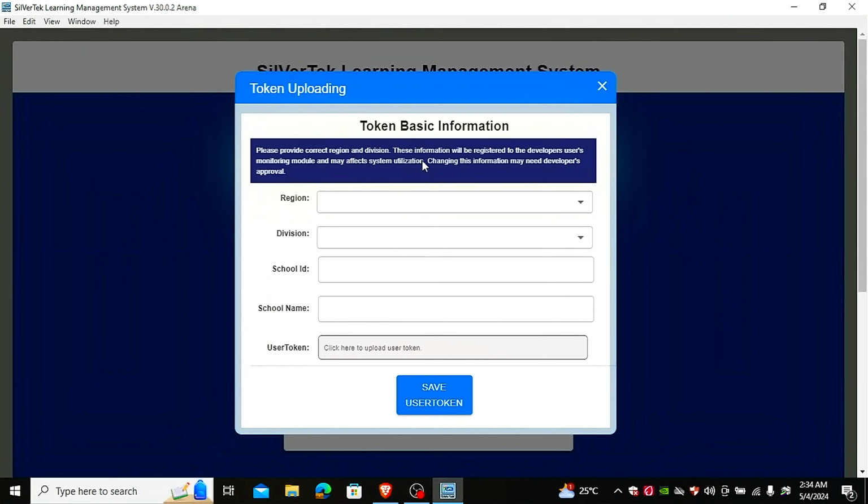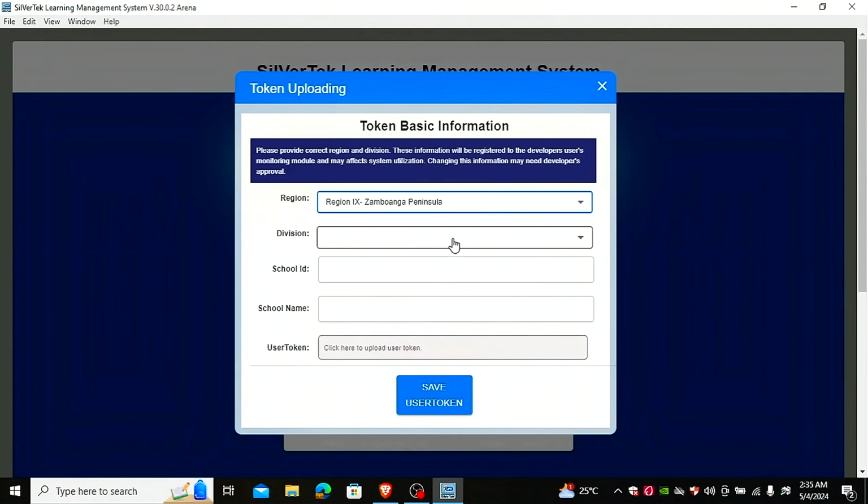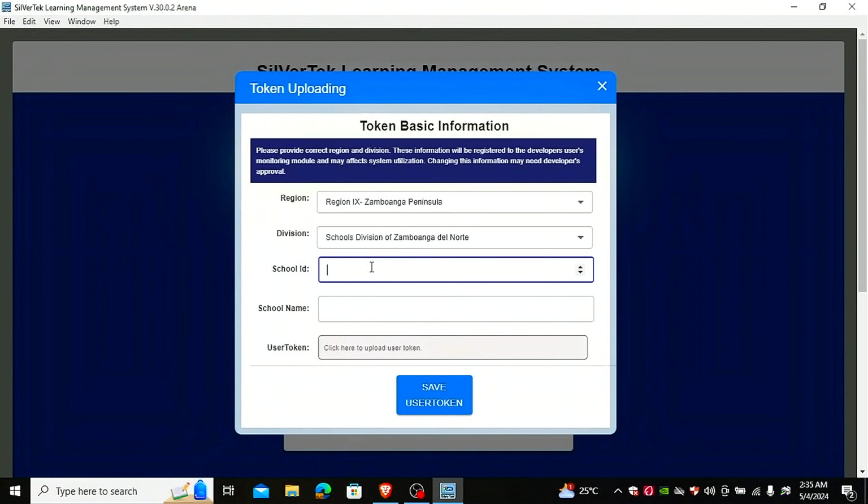This information will be registered to the developer's users monitoring module and may affect system utilization. Changing this information, we may need developer's approval. So I have to select my region, which is region 9, and division, Zamboanga del Norte. School ID, I have my school ID 303716. School name, Polanco National High School.